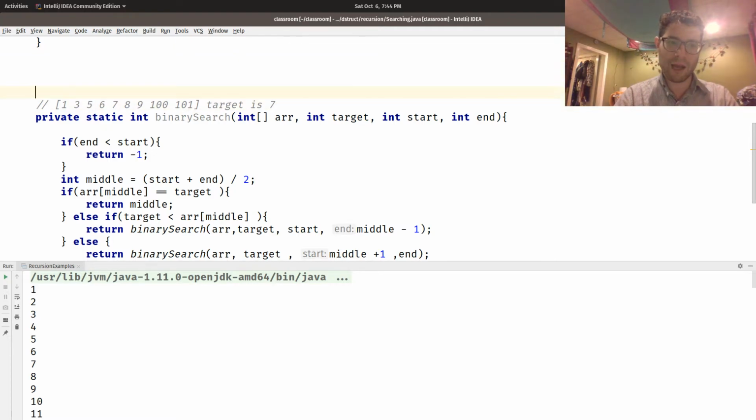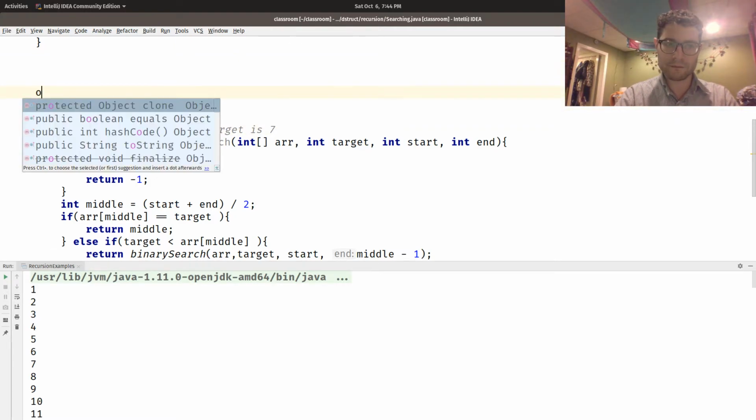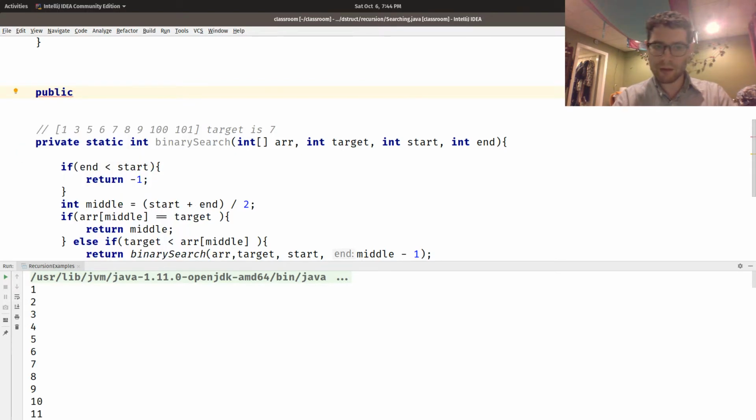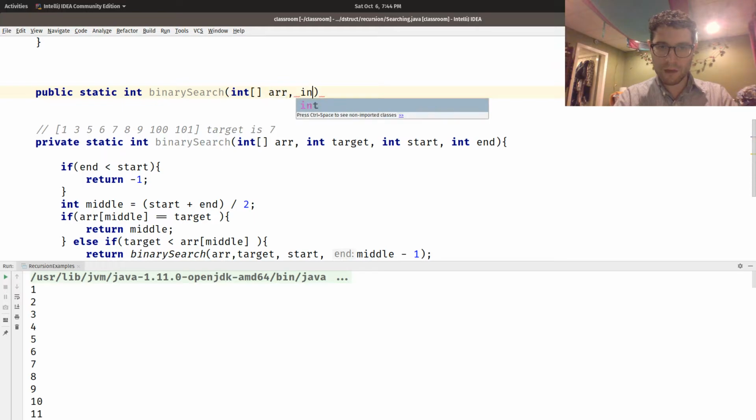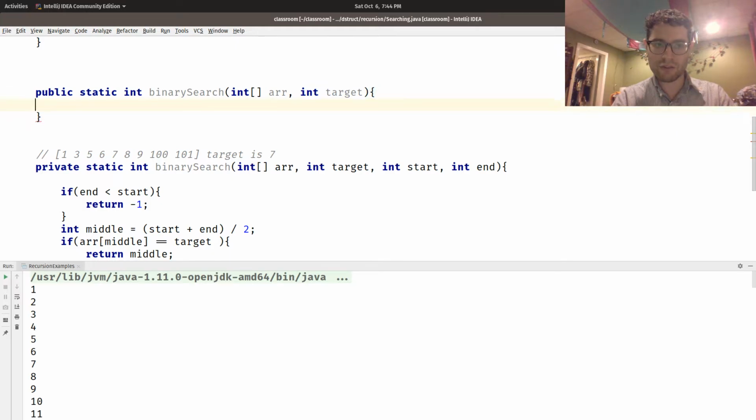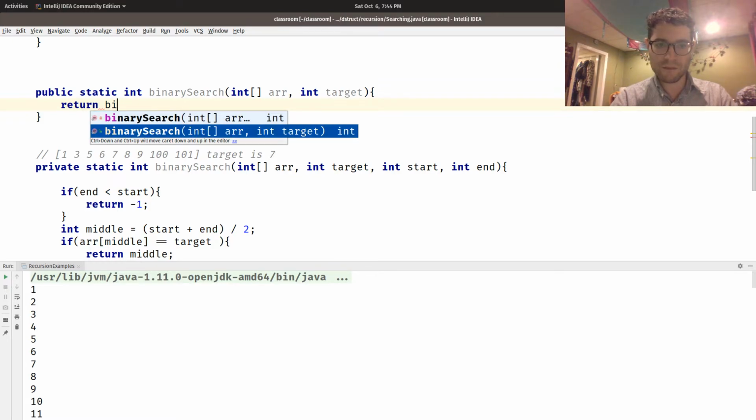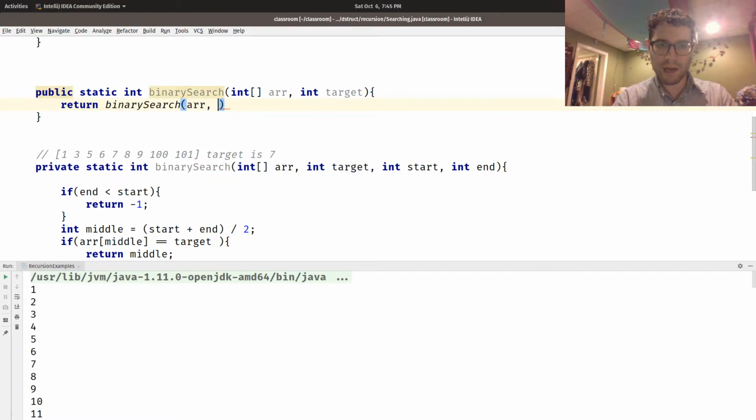Instead, I'm going to do something common, which is make a wrapper. A wrapper method is basically a method that will start the recursive process for us. Public static int binarySearch. I'm going to overload the method: int array, int target. So we're going to search an array for our target. The user doesn't need to provide any of that information for us, and we'll simply do return binarySearch with the array and target,